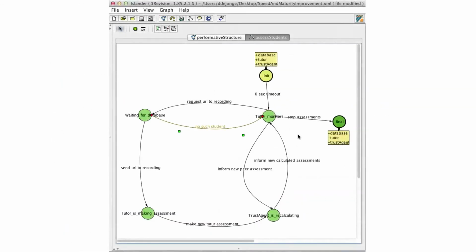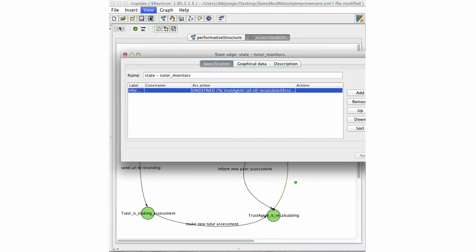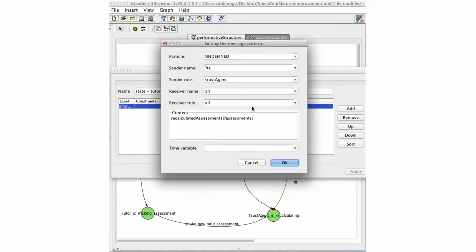The lesson plan editor allows incorporating agents that proactively take decisions. In this lesson plan, a trust agent was incorporated by Dave to help him with the process of assessing large quantities of students. Whenever possible, the trust agent generates tentative marks for other students by comparing peer assessments to tutors' assessments.